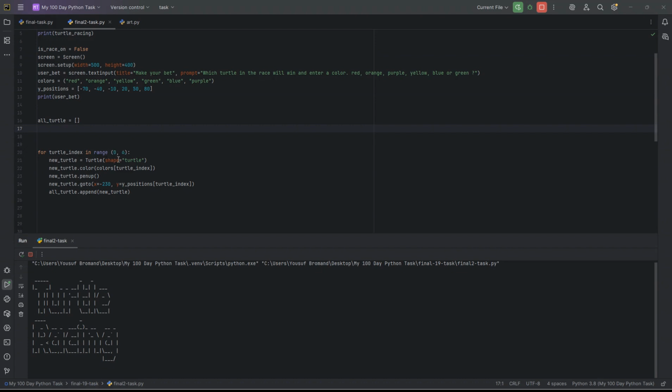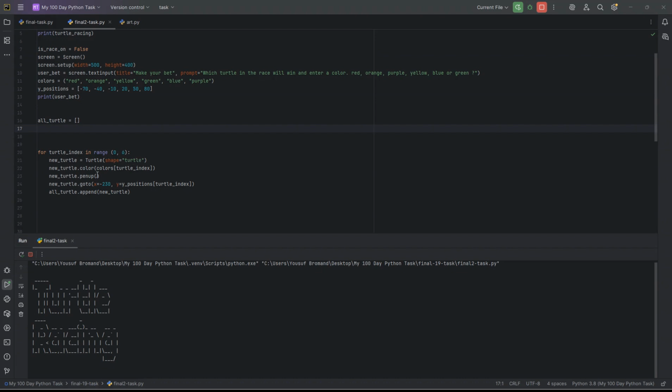Python starts from 0 while we start from 1, so 7 turtles for us is 0 to 6 for Python. And then new_turtle is equal to Turtle,